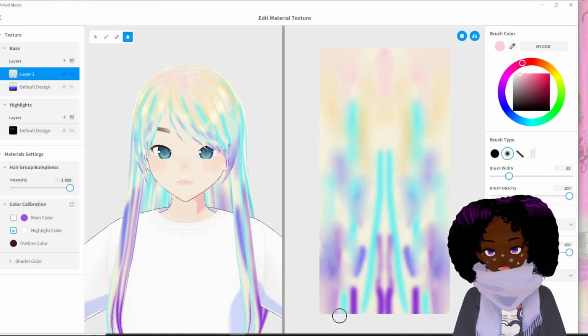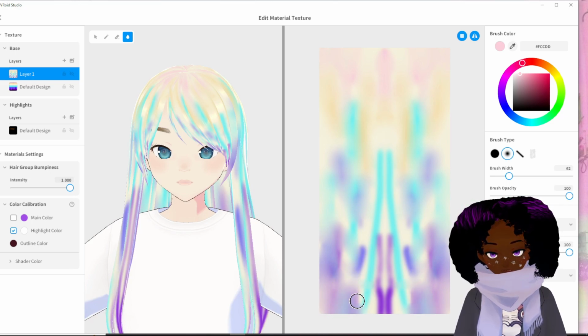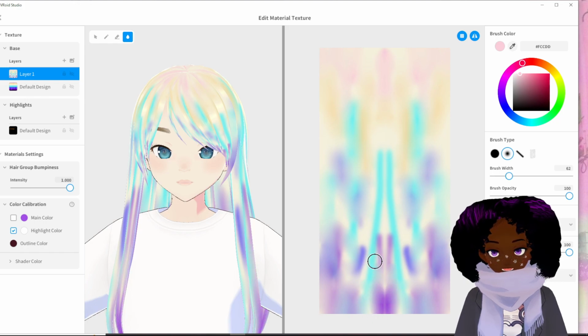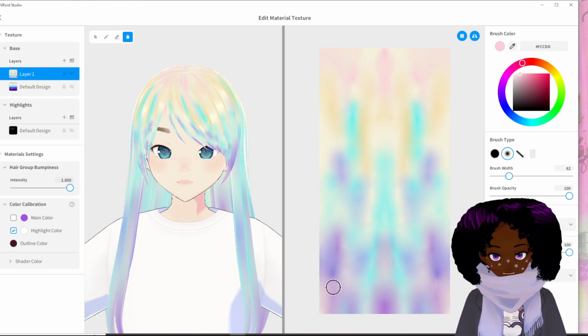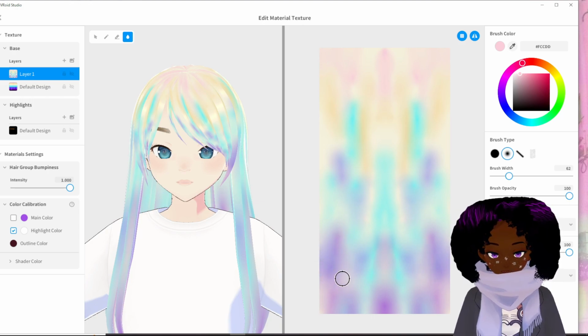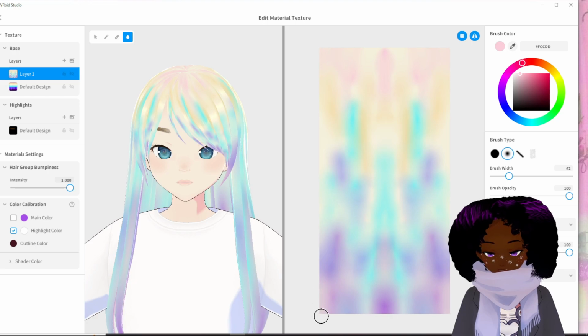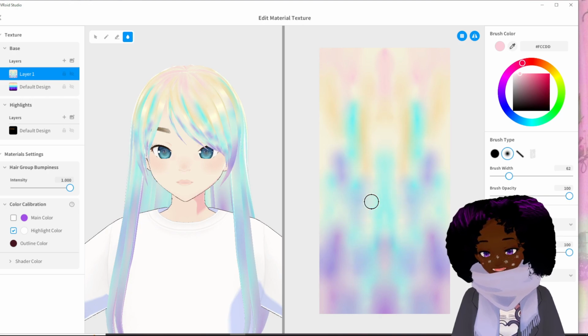Although right now it looks a little crazy, it will all work out in the end. It's going to look a little muddy in certain areas, that's fine. The more blended it is without the harshness, the better it will look. And if there's certain colors you want more on the bottom versus the top, just go back and add it, and then do the same thing again, just blur it out.